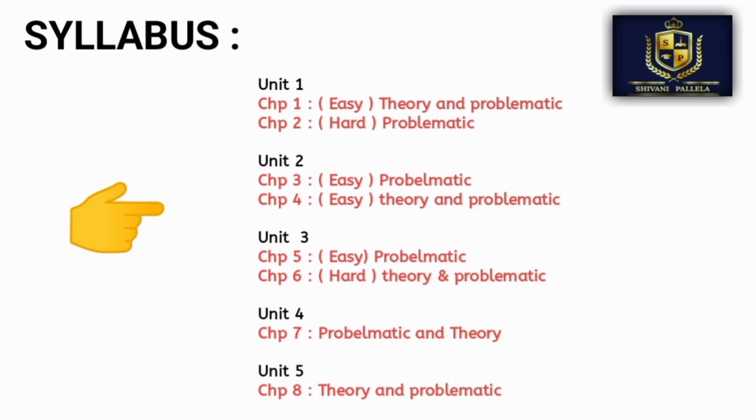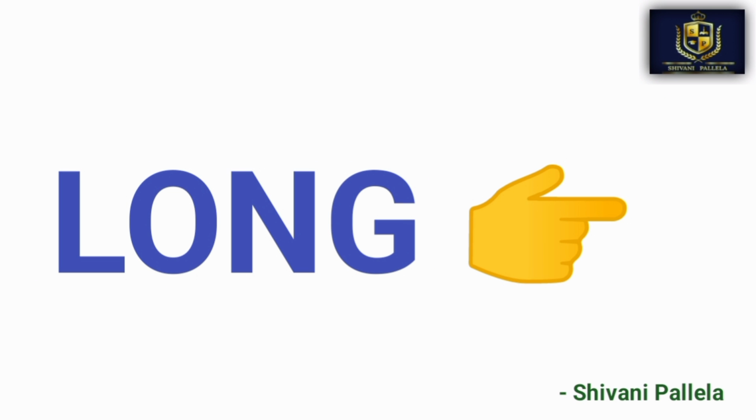So in this also we are having chances to get theory as well as problematic, right? And from unit number 3, chapter 5 and chapter 6, chapter 5 is easy. That is financial statement analysis, as compared to ratio analysis. In ratio analysis we are having around 30 formulas, so it's hard, it's difficult as compared to chapter number 5. And unit 4 and unit 5 compulsory you need to learn, both theory as well as problematic you need